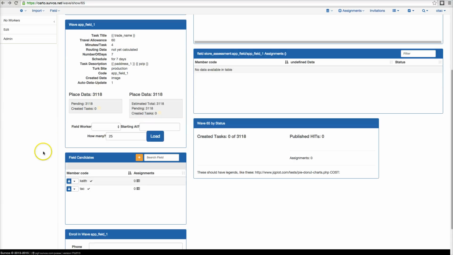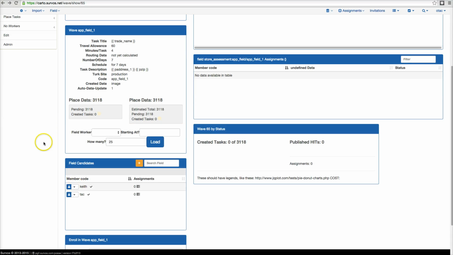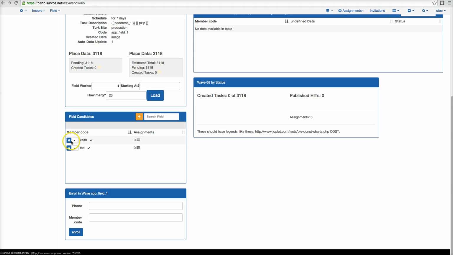Let's stop. So we want to go ahead and now we have the candidates here, and what we want to do is start assigning these the field workers who are here. They're available as field workers in the job, but they don't really become members in this wave until we assign them something. And we can do it as a separate step, but let's go ahead and say we want to assign field worker TAC for the first 4 of these. So we click on first 4,